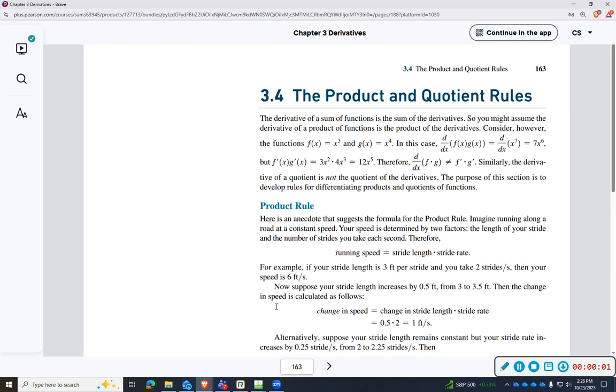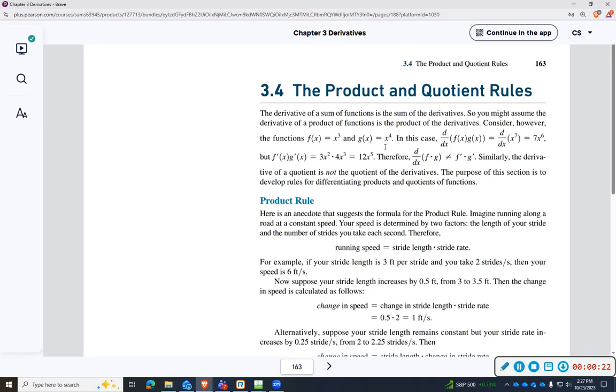Alright, today we're going to be looking at section 3.4, the product and quotient rule. So it says the derivative of a sum of functions is the sum of the derivatives, and it says you might assume that the derivative of a product of functions is the product of the derivatives, and then it says